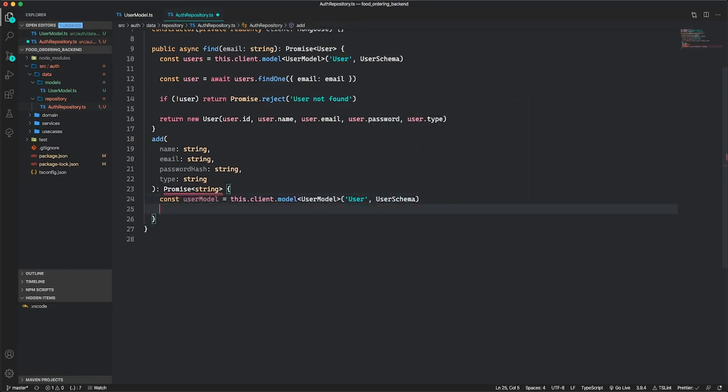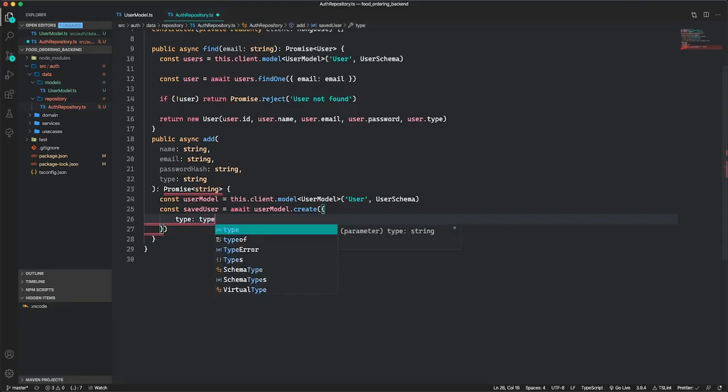So now I am going to say const saved user equal, I'm going to await user model create. So there's a method create to create or add new users to the database. User model create, and now I'm just going to pass in the data. So type should be the type that is passed in the function,